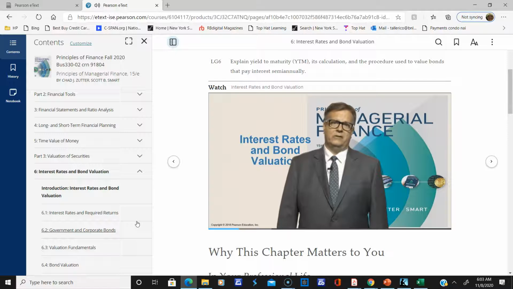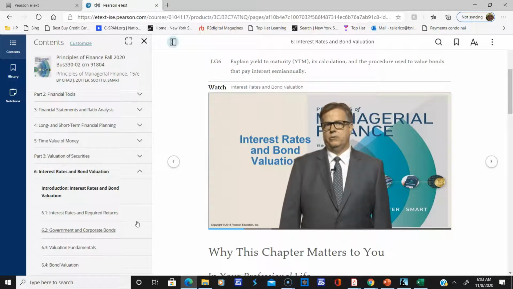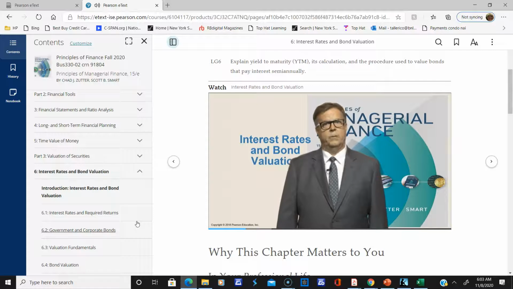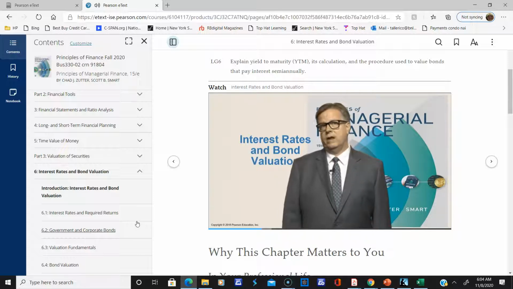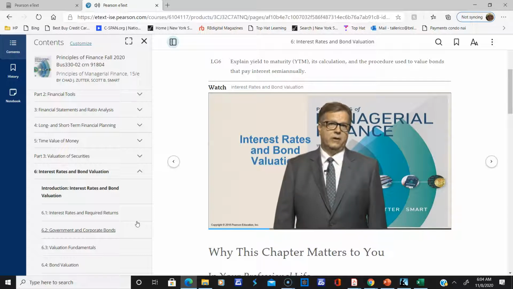There are really two main ideas in the chapter. The first idea centers on the return that investors demand when they purchase bonds, and therefore the interest rate that firms must pay when they issue bonds. When investors buy bonds, they do so in the hope of earning a return that increases their purchasing power over time. An investor's purchasing power will increase only if the return that they earn exceeds the rate of inflation. So, one of the main factors that influences interest rates is inflation. Generally speaking, the higher the rate of inflation, the higher the interest rate that firms must pay on their bonds.